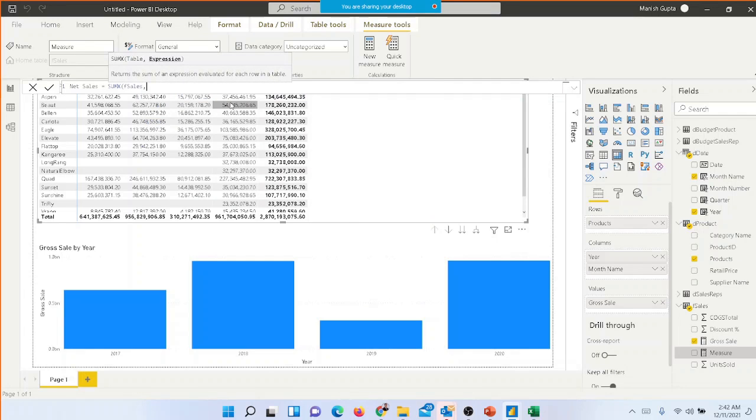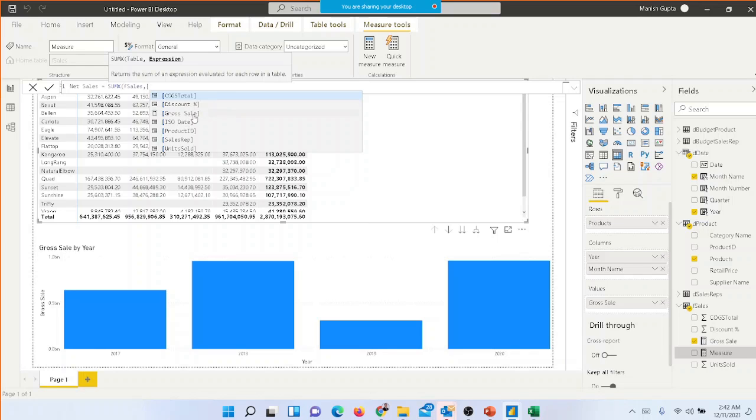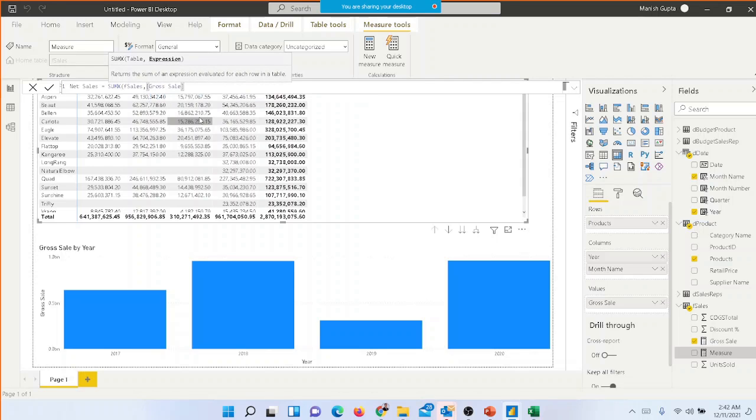and then comma. Now here we don't need to use the formula again, unit sold into the unit price. We can actually use the measure itself. So the measure at the moment we already have is the gross sale. So we write the big parenthesis, and we type gross sales and we tab it, and then